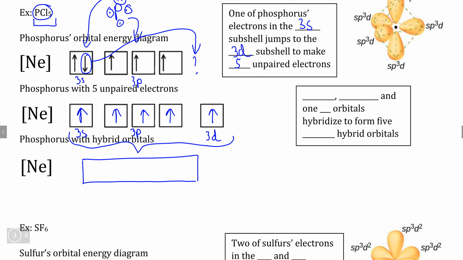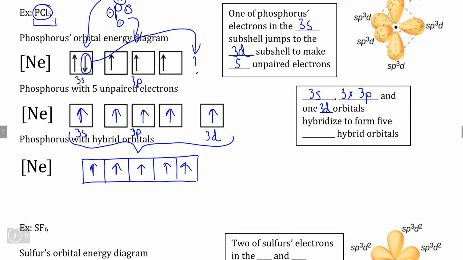So by doing this, we're taking the orbital that exists in phosphorus's 3s subshell, all 3 orbitals that exist in its 3p subshell, and one orbital from the 3d subshell, and hybridizing them together such that we get one subshell that has 5 orbitals where every electron can exist by itself as an unpaired electron in the same subshell without